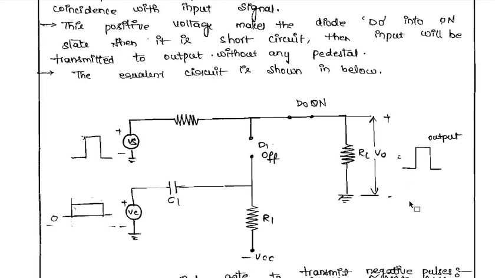The same thing you can apply for transmitting negative pulses also. Just the circuit diagram will be different. Again you will be using a unidirectional gate diode to transmit negative pulses. Whatever we have seen in the previous class, the same will apply for the negative pulses also. Then after that, we also see how you are going to eliminate your pedestal in the negative part also. Similarly like this, we can remove the positive and negative pedestals.